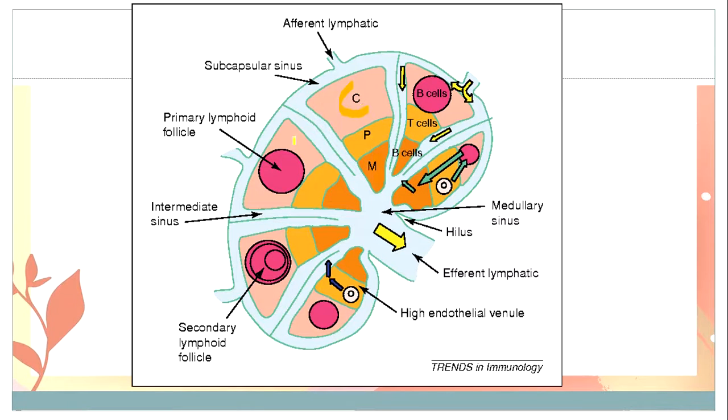The cortex contains lymphoid follicles which can be primary or secondary. It is important to note that in a normal lymph node, the lymphoid follicles are more concentrated in the cortex and they are of variable size and shape. And in lymphoma, there is diffuse effacement of nodal architecture. You cannot appreciate the presence of these primary or secondary lymphoid follicles.